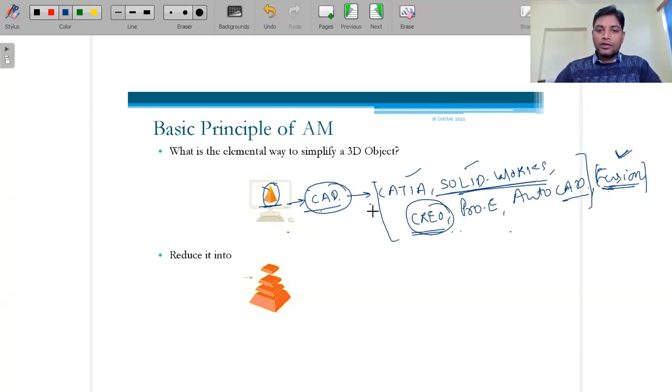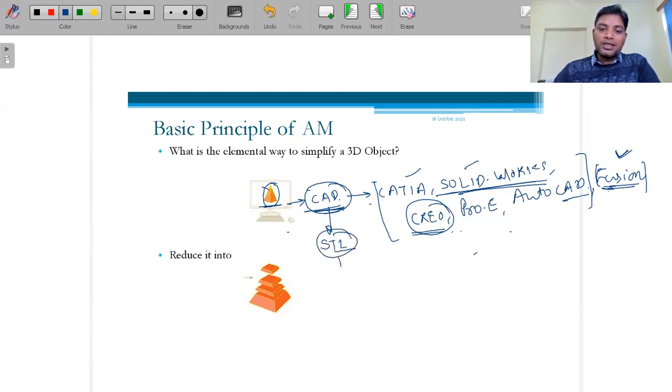First of all, we are creating a CAD model. As I said in the beginning, if we are creating a document in a Word file and want to save it as a PDF, we just click on the save option and convert it into the PDF format. I will show you in the next class when we use SolidWorks. So we create the CAD model, and we save it into the STL format.